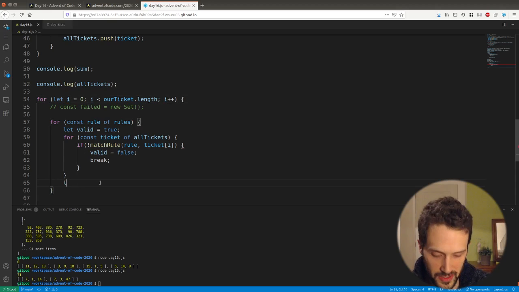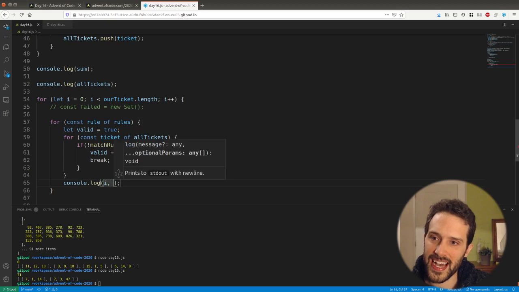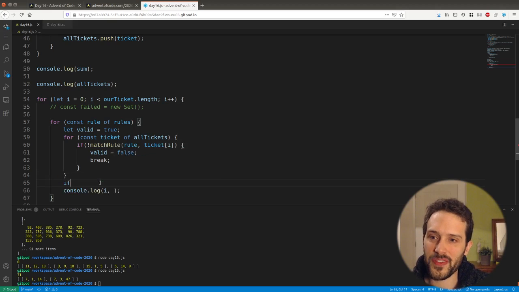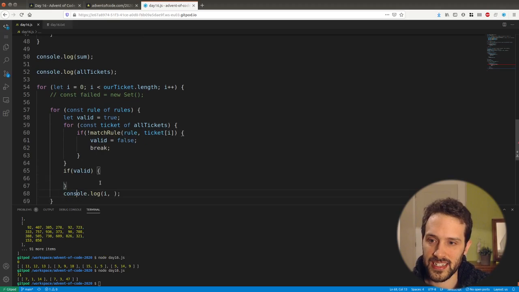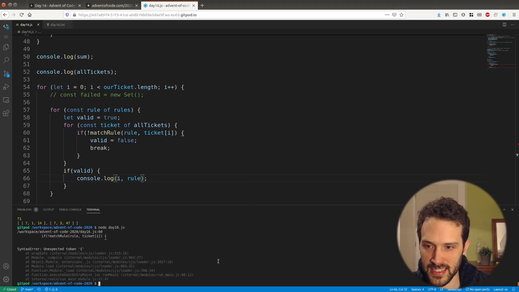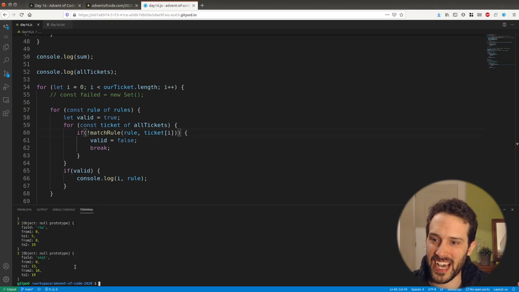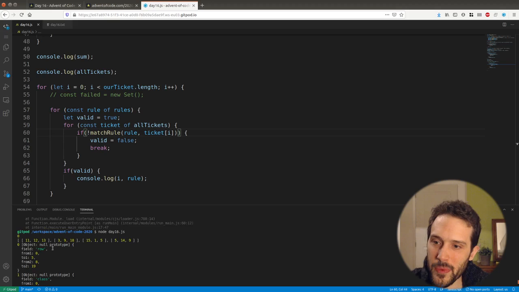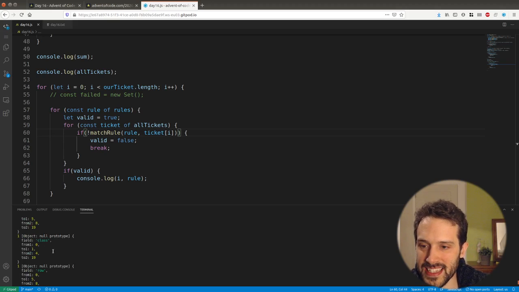So here we're going to be logging to just check that. We're going to be logging and we're going to say I, and we're going to say if this is valid. In that case, we say, okay, the index I is matching the rule. And hopefully, if we do that, okay, a little issue here. I forgot a closing parenthesis. Okay, so here we have an issue, and the issue is that